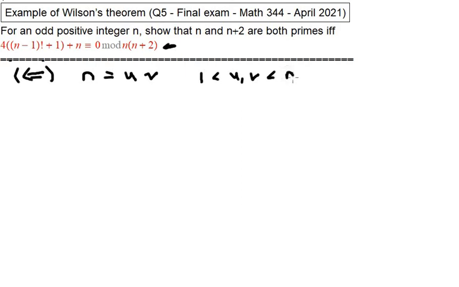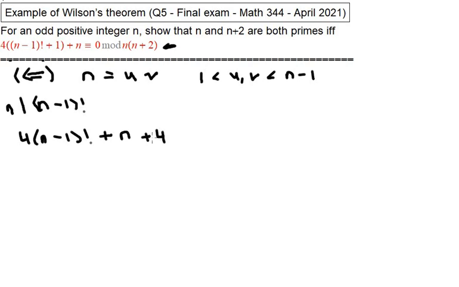less than n minus 1. If this is the case, then n minus 1 factorial is divisible by u and v. So that means that n divides into n minus 1 factorial. So if you look at the entire expression, you've got 4 times n minus 1 factorial plus n plus 4. So n divides into this, and n obviously divides into this, and you've got 4 left